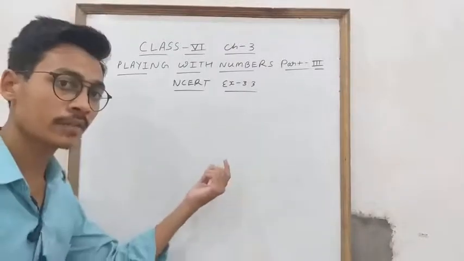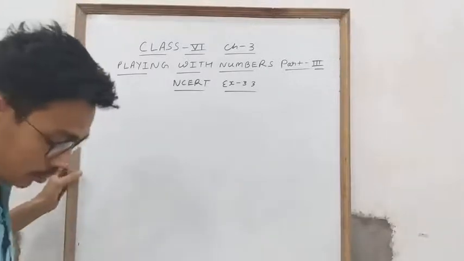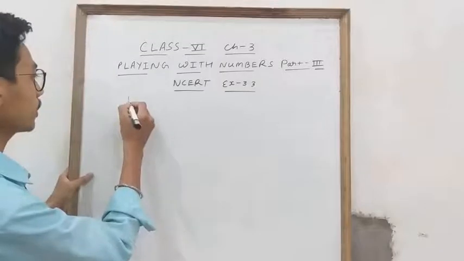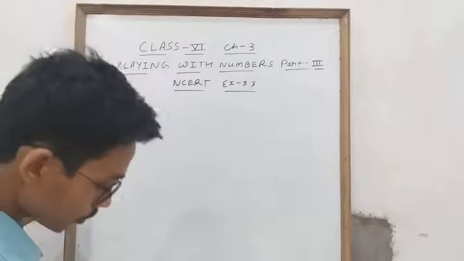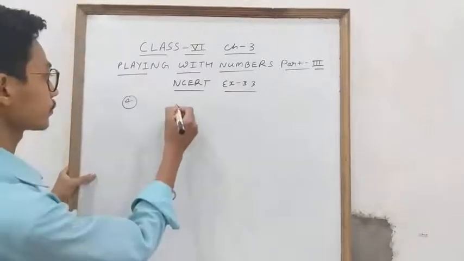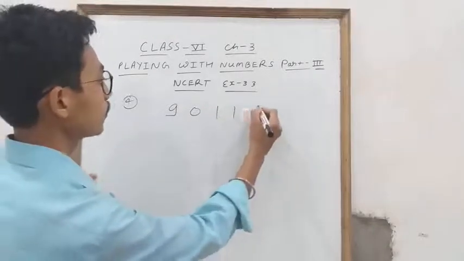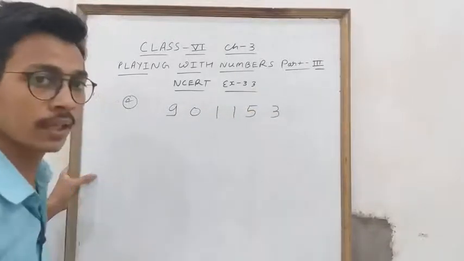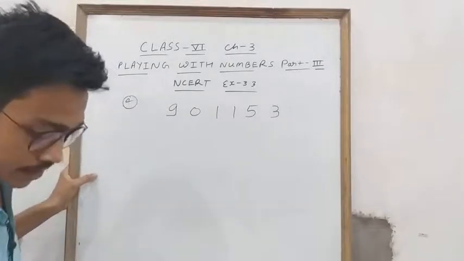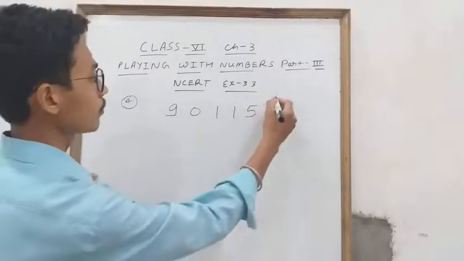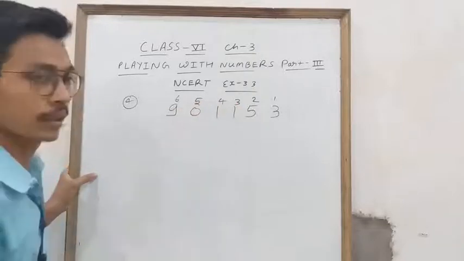So now student, previously we discussed that the number is divisible by 4 and not divisible by 8. Now the next question I am going to explain, question number 4. That is a very important type. The test of divisibility by 11, and the question I am going to write down: 9 0 1 1 5 3. Clear student? Now how to check the test of divisibility by 11? It is given in question number 4, test of divisibility by 11 you have to check. You will mark 1 2 3 4 5 6. Okay, this is the process.